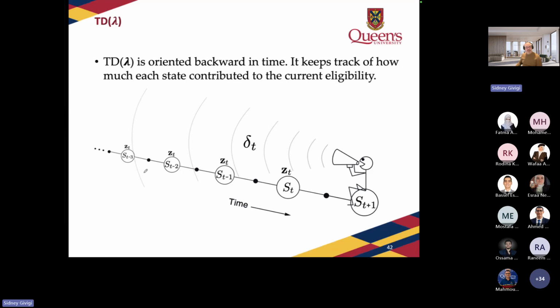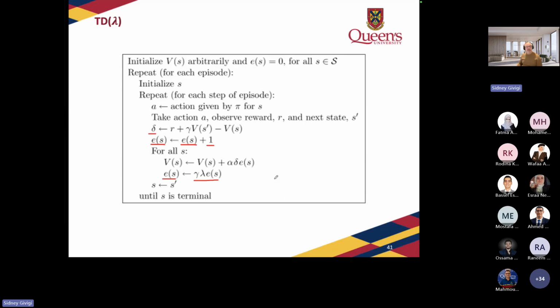But this is an algorithm that can be easily implemented. We don't need to wait for future information. We don't need to keep track of these updates. The only thing that we need to do, the cost, is that we have more storage, in this form here. But the algorithm is of the same complexity every single time step. So if you calculate the complexity here, it's going to be the same for every single time step. Okay?